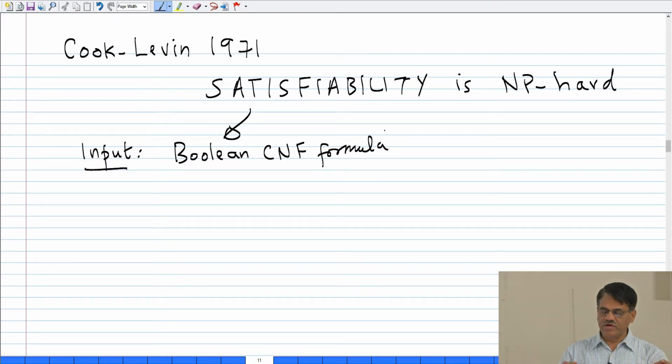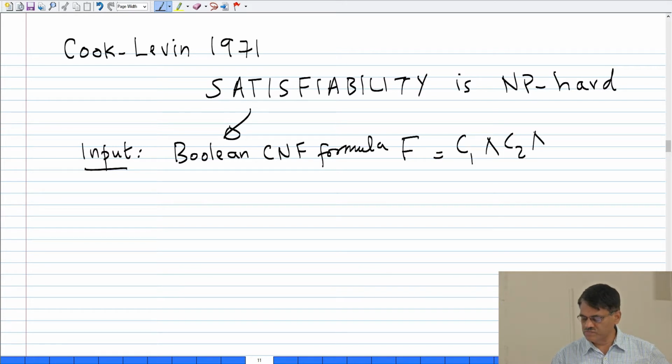Okay, this is not exactly what Cook and Levin showed in that paper, but this is some simplification of what they showed that was obtained later. Boolean formula F, which is a conjunction of some clauses